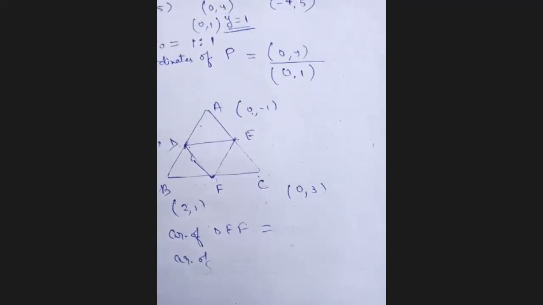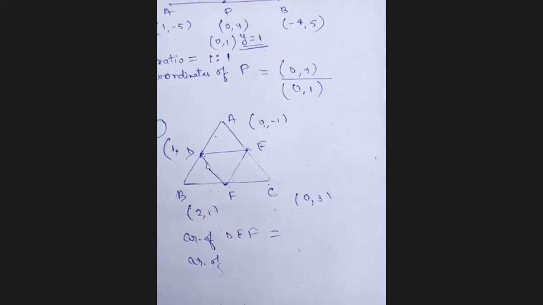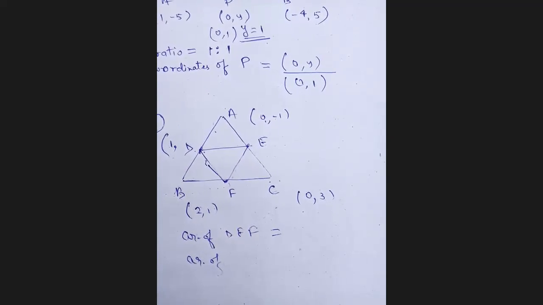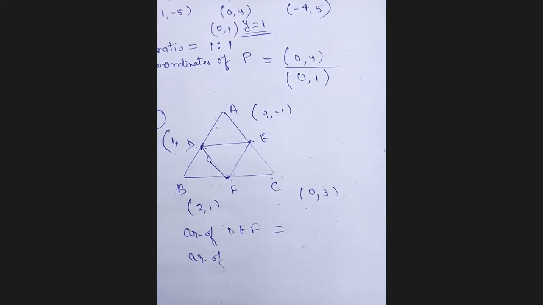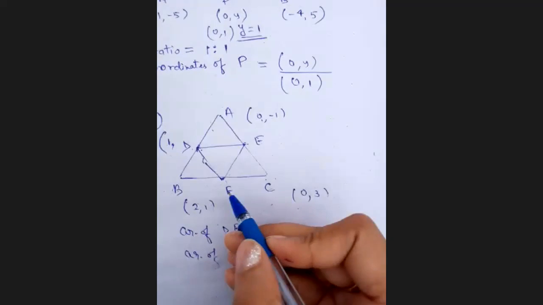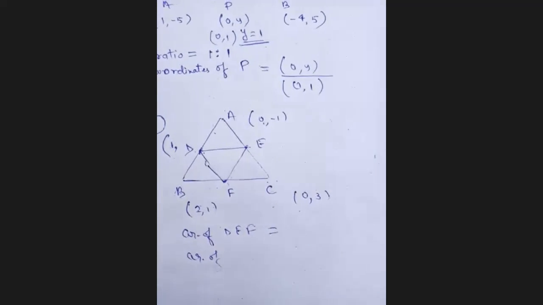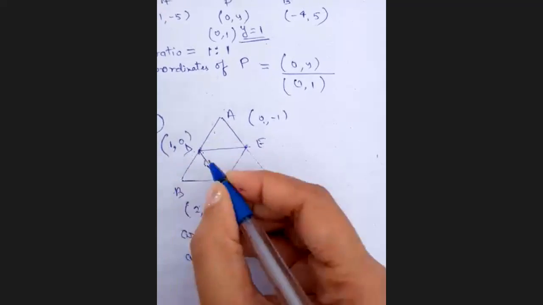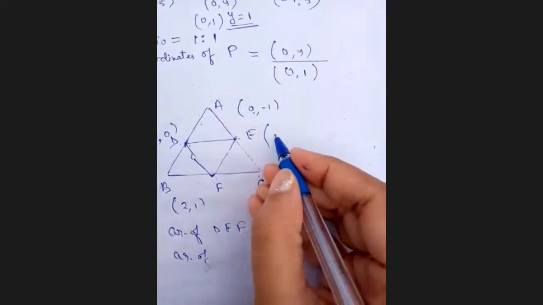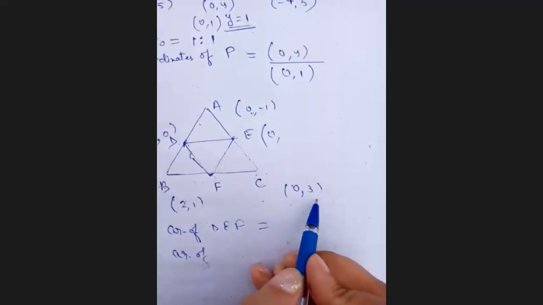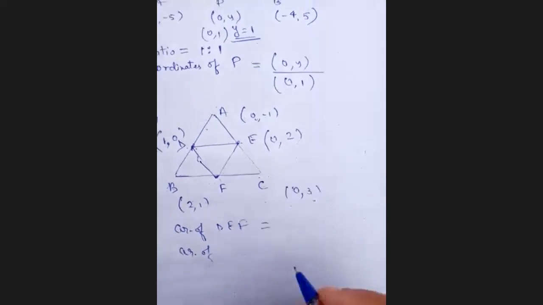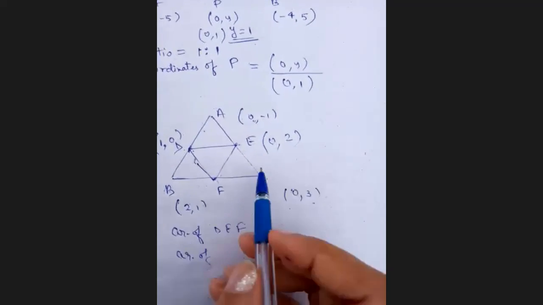Yes, exactly, Kassis. Now tell me, what will be the coordinates of D? Tell me. 1 minus 1 is 0, upon 2, so that becomes 0. Similarly, you will find the coordinates of E also. 0 plus 0 upon 2 is 0. Minus 1 plus 3 upon 2 is? 1, 2. No, again I'm telling you, A